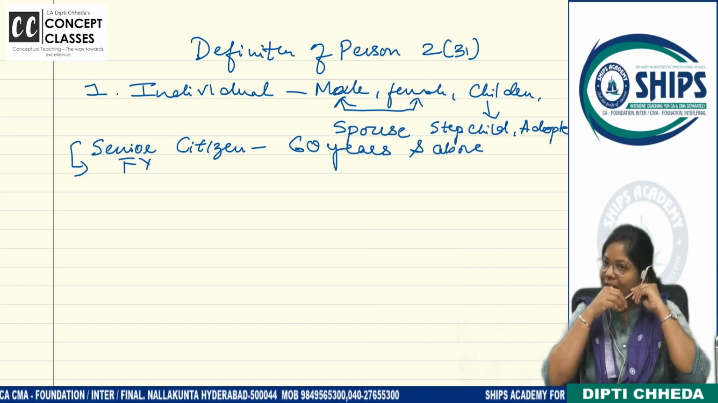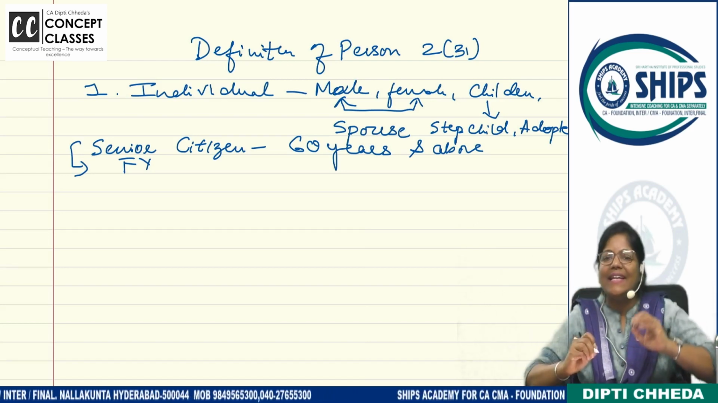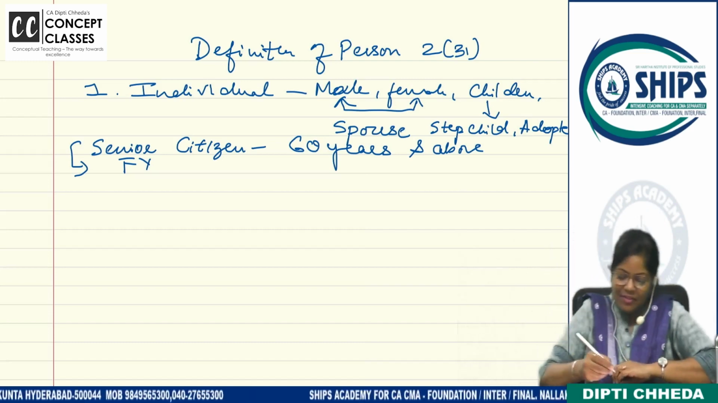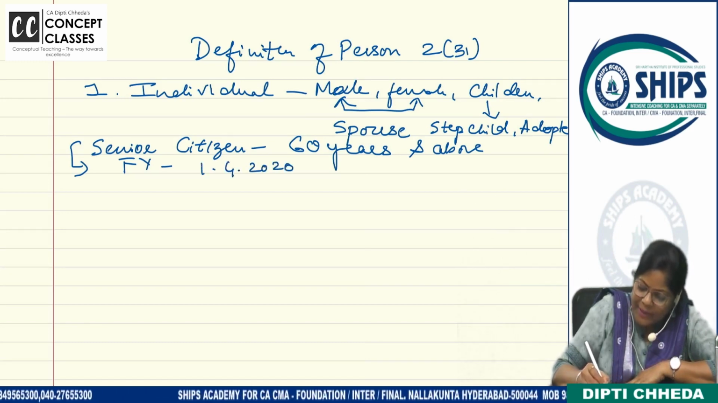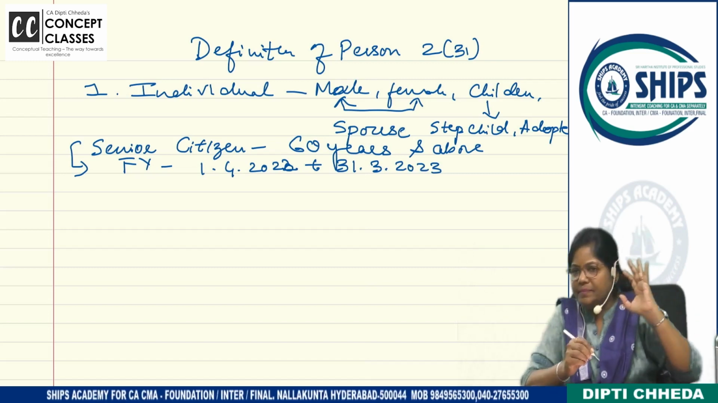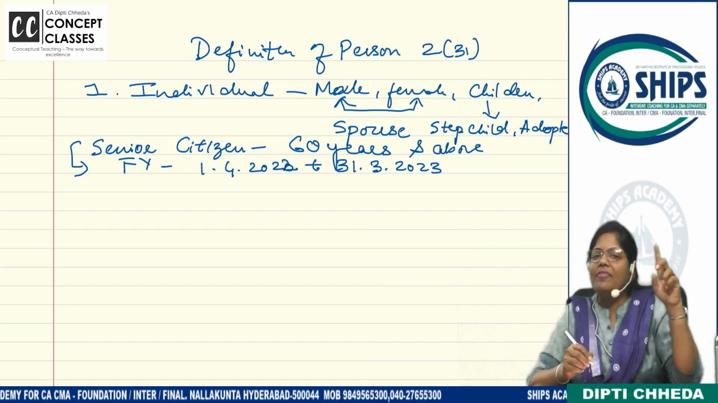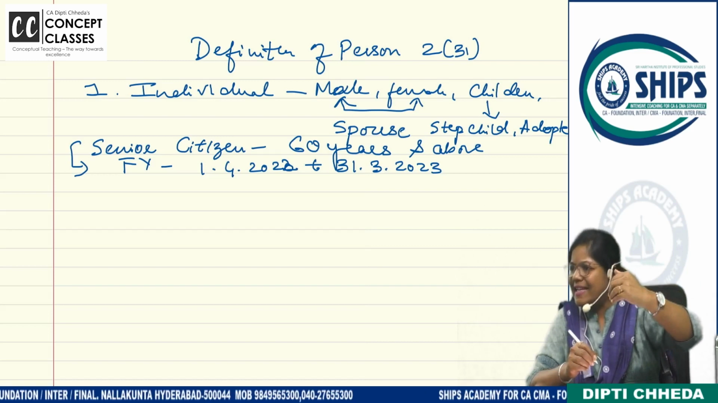Done? Chalo. Now, when I say, dear students, senior citizen, it says 60 years and above should be completed in the financial year. मतलब किसी का हैप्पी बर्थडे कब आना चाहिए? 68th वाला बर्थडे 1st April 2022 to 31st March 2023 के बीच में. Correct or not? In financial year 2023, if the seniors, fathers or anyone is achieving the age of 60 years,